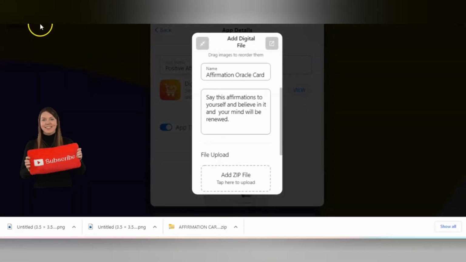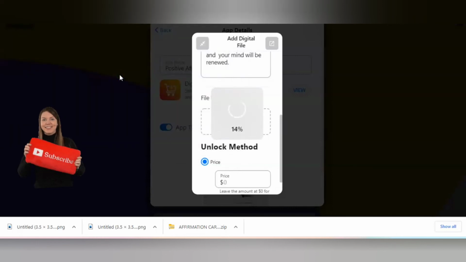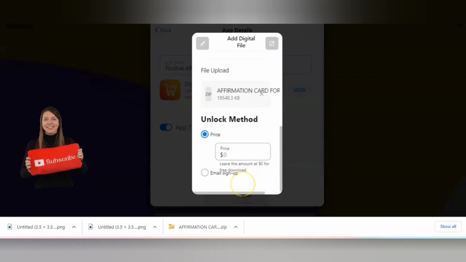I'll be back. So guys, I already put the name affirmation oracle cards. Then description, I put say these affirmations to yourself and believe in it and your mind will be renewed. Okay, now let's put our zip link. So this is what people will click on and people will buy it and they will just download it at their hand. So easy to follow. So our affirmation zip folder is there